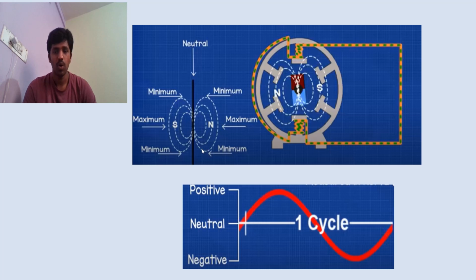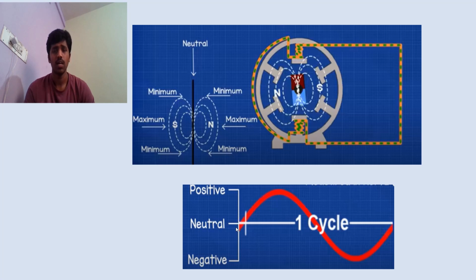So if you plot a graph of the speed of electron with respect to the rotation of the magnet, then we will get a sine wave pattern. In this sine wave pattern, you can observe the speed of electron is 0 at the neutral point. Then it starts increasing and reaches maximum at the center of the positive half cycle. Again, it will fall back to 0 and reach neutral, where there will be no flow of electron. Then it goes through the negative half cycle and reaches the maximum over there. Again it will fall back to 0 and reach neutral.